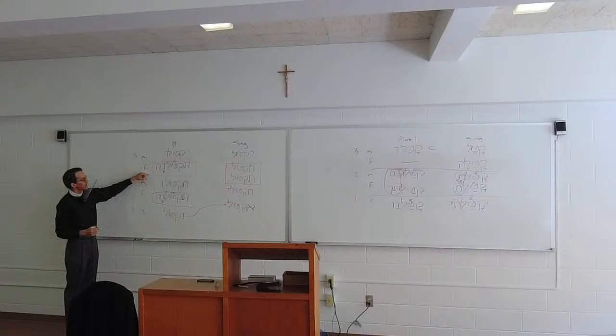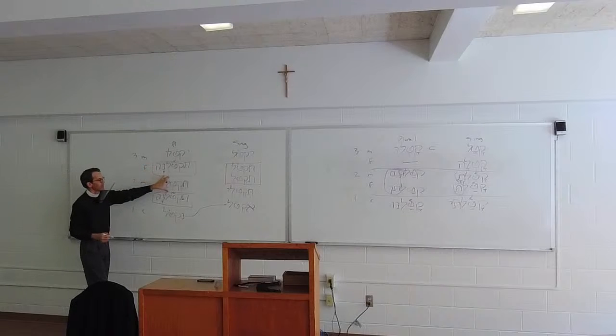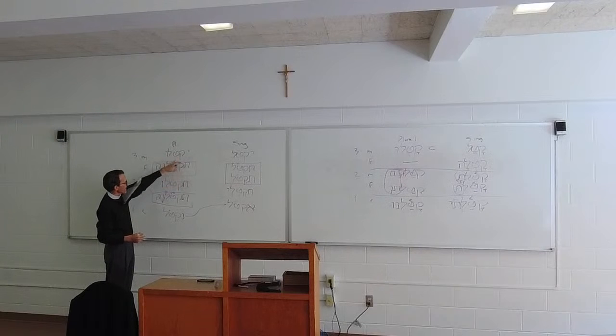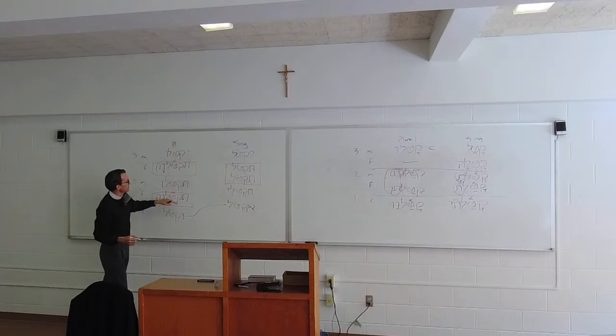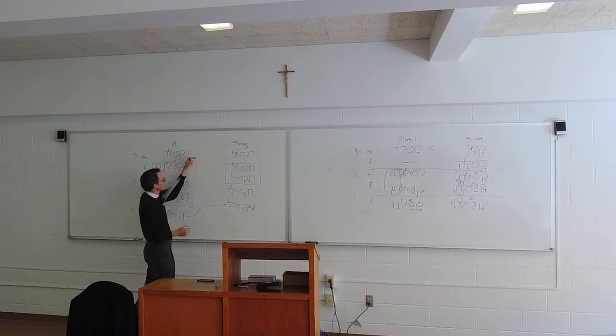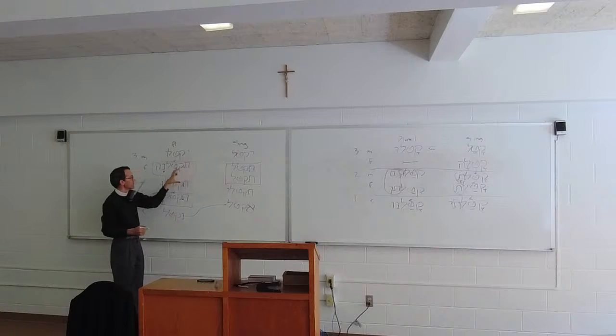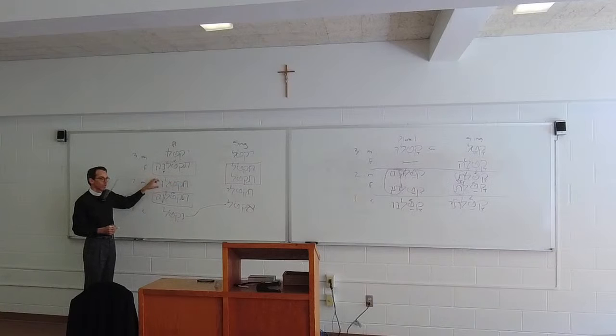They will kill, feminine, and you all will kill, feminine. So looking at this paradigm, we can notice some patterns: these all have tavs, these two have yods. We have these two identical forms and these two identical forms. So all of that can play into helping you